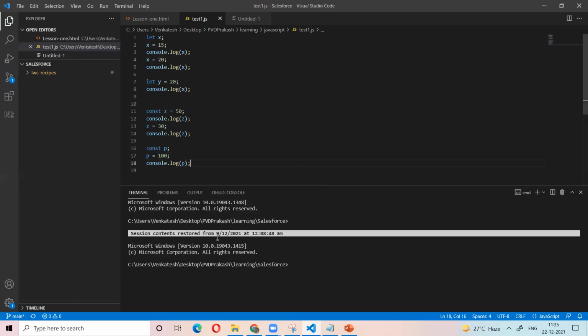Now tell me what is the output in the third line? 15 and 20. And what is the output in line 8? Undefined. How undefined? Because y is not assigned.